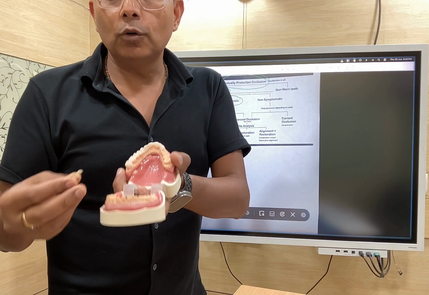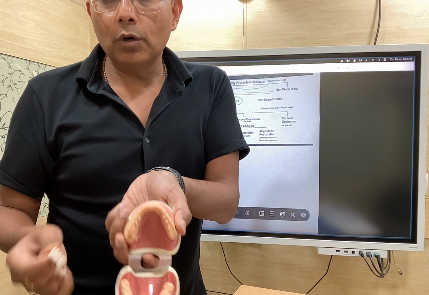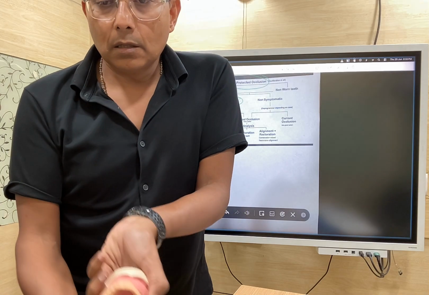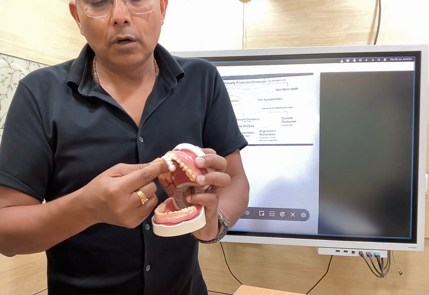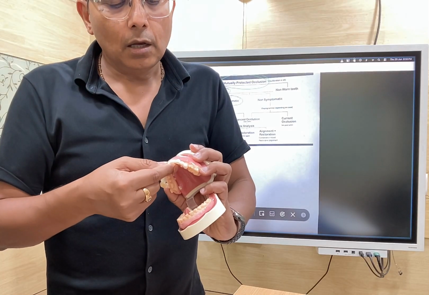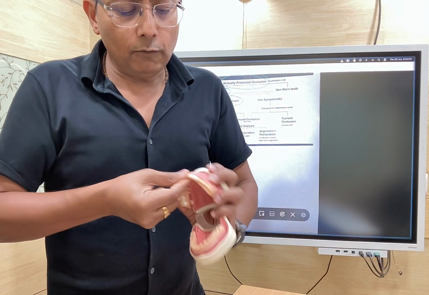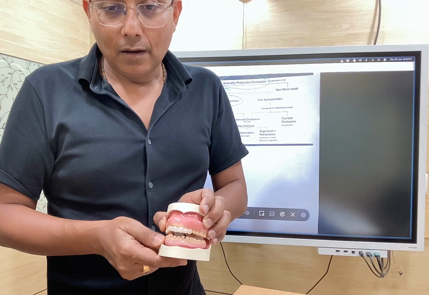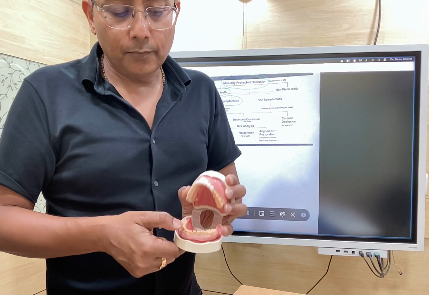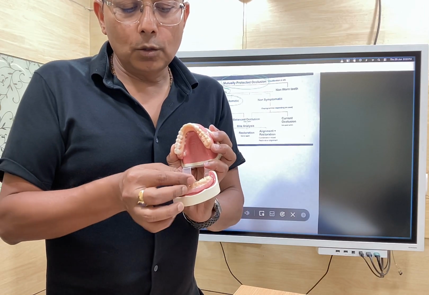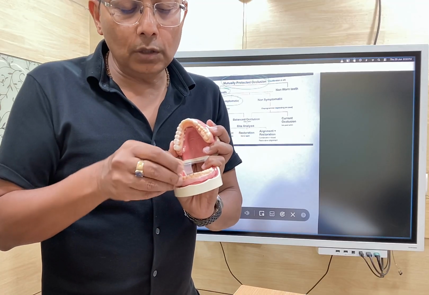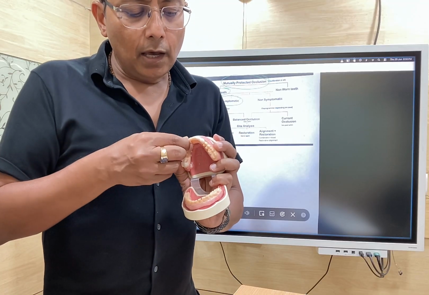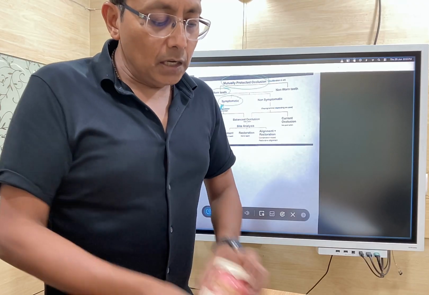If the canine or upper teeth are worn like this, this is non-worn status, meaning teeth are not worn. You can see the incisor edges, and this is non-worn. Canines are non-worn. So whenever you see worn teeth in the 3D scan and the patient complains of TMD symptoms,